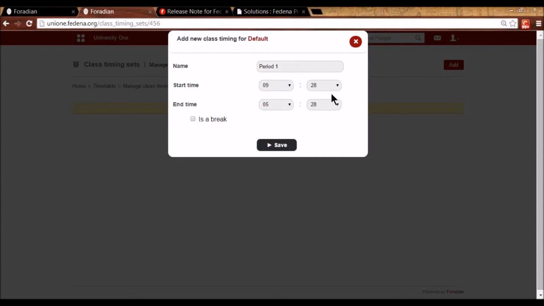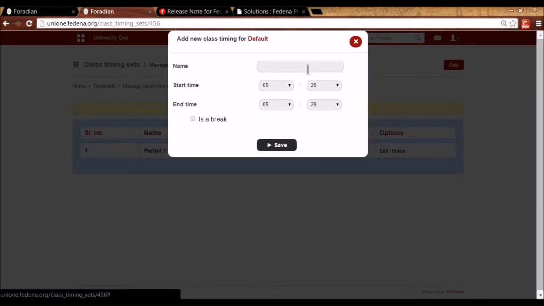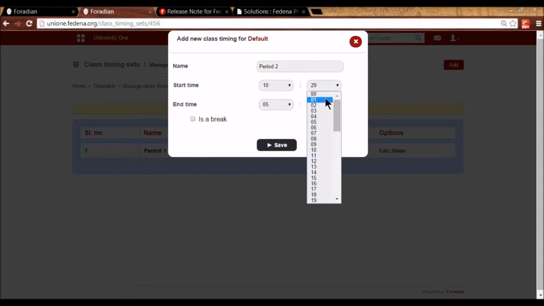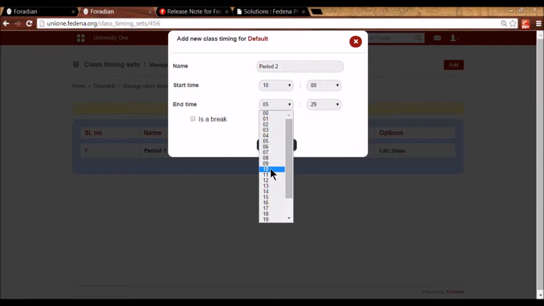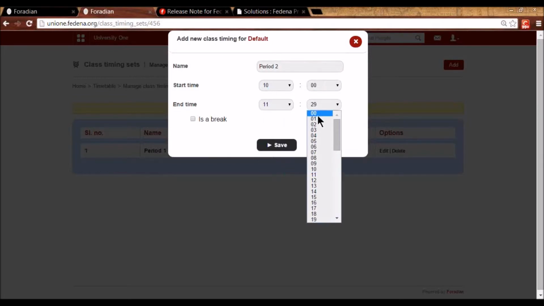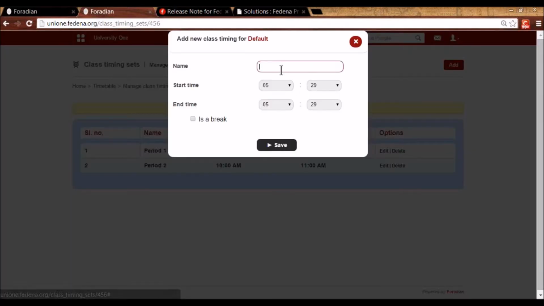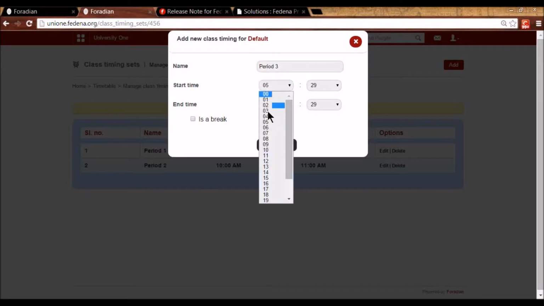So let me just create a few class timings here for this default class timing set. So in this way, the default class timing set has to be edited as per what your school or your college is following.